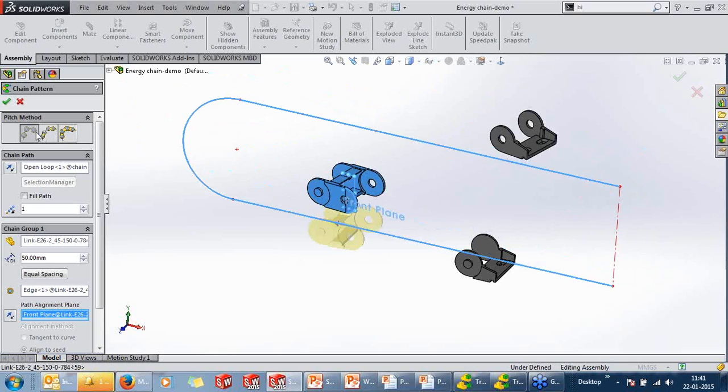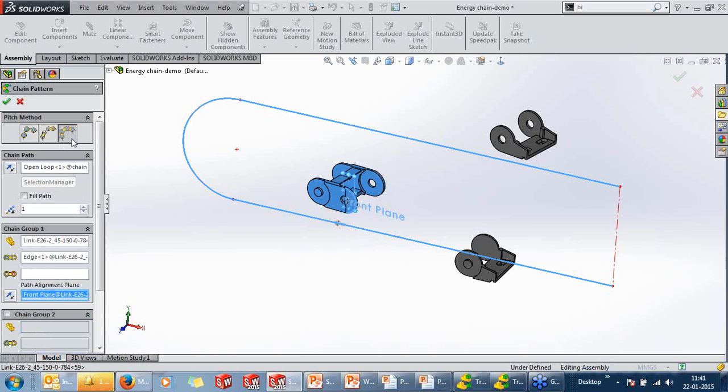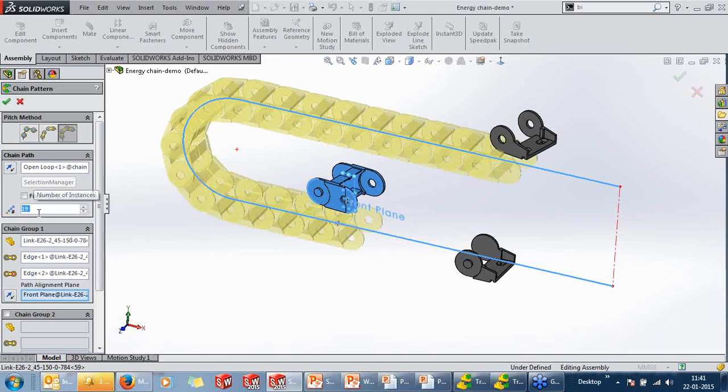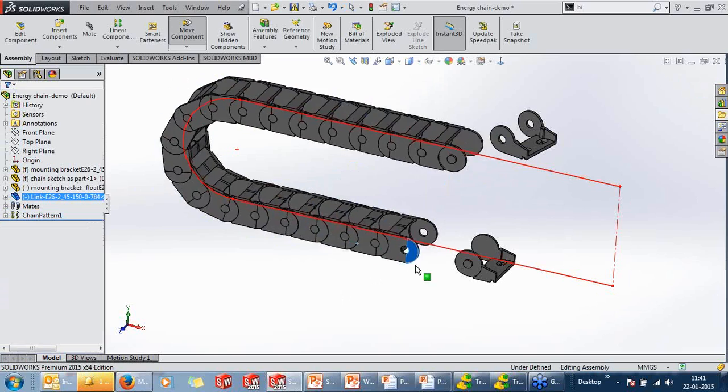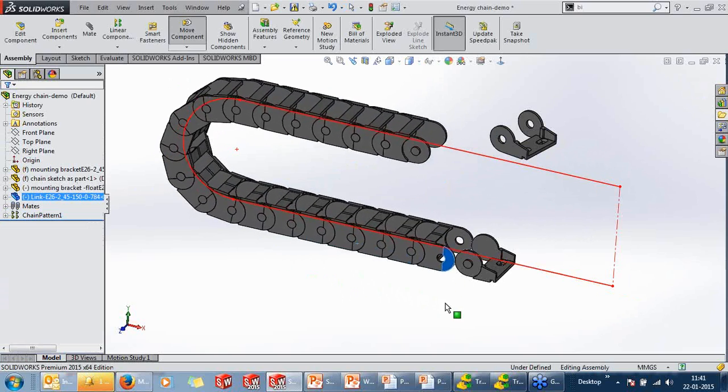As I was already speaking of, there are 3 different ways to create this. We can give a distance, linkage, and connected link. To create this assembly, we will go into connected link, add another vertex for this edge, and specify the number of patterns. So 19 would do, and give OK. We'll just hide these planes and see if the pattern is working according to our requirement.